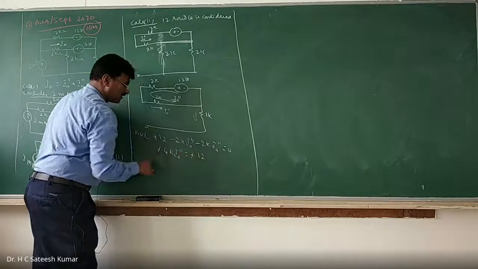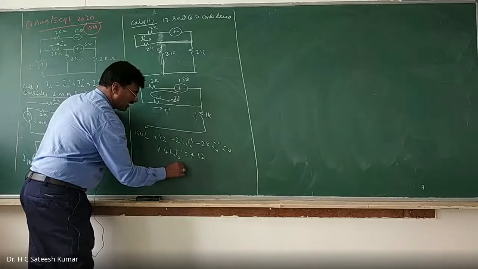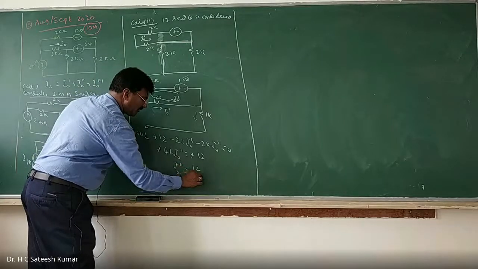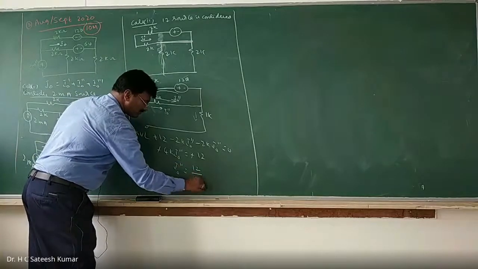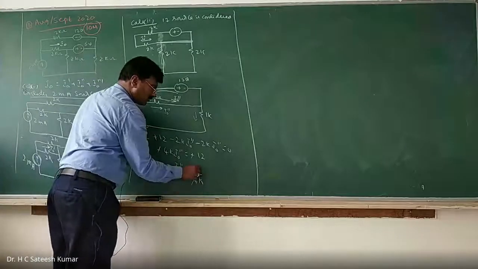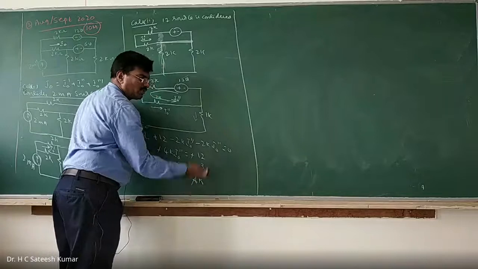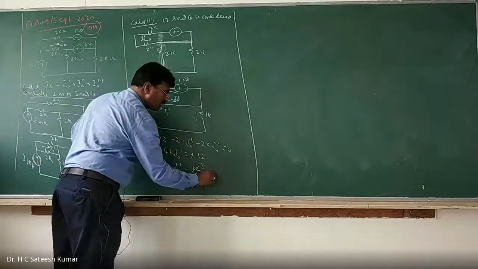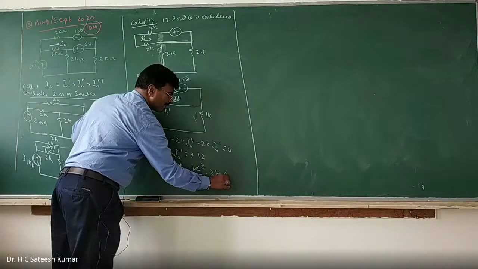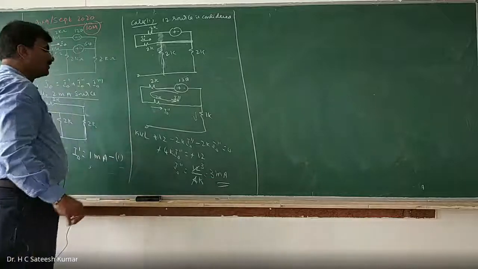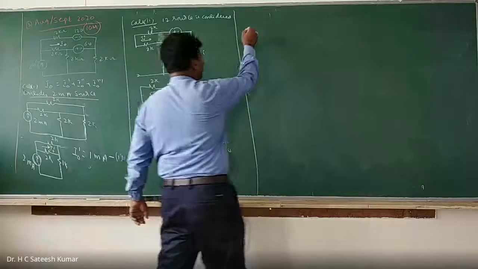Minus minus gets cancelled. I naught double dash is equal to 12 divided by 4k. So that is nothing but what? 4k, that is 3 times, and kilo when it goes to numerator becomes milli, therefore 3 milliamps is the current. Now case 3,